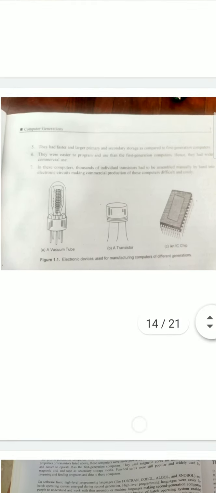Now let us discuss the characteristic features of second generation. Second generation computers were more than 10 times faster than first generation computers. They were smaller than first generation computers and required less space. They consumed less power and dissipated less heat as compared to first generation computers. The room area in which second generation computers were located still required to be properly air conditioned. They were more reliable and less prone to hardware failure than first generation computers.